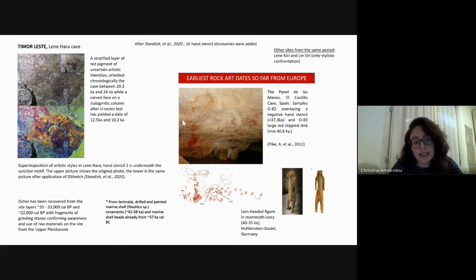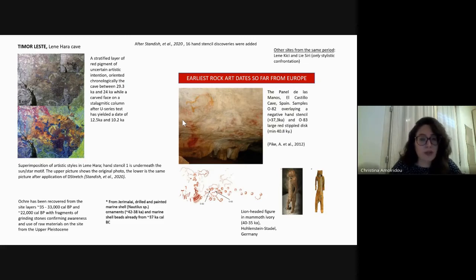I said that because in Timor-Leste we do not have direct exact dates from the motifs, but we do have exact dates, but not from the motifs. A general conclusion comes from a combination of factors. First is the superimposition that you see here. The second is a stratified layer of red pigment of uncertain artistic intention, oriented chronologically in the cave between 29.3 thousand